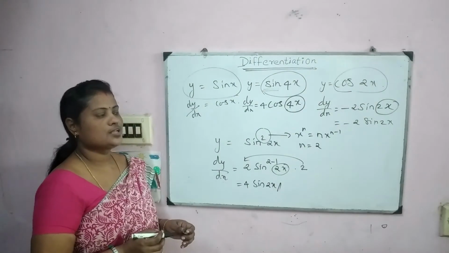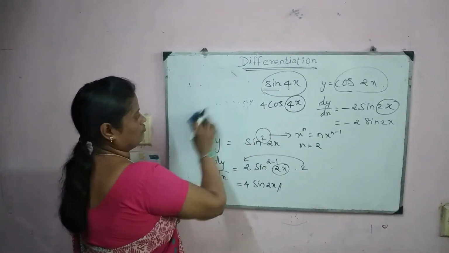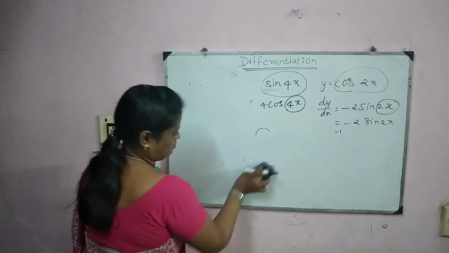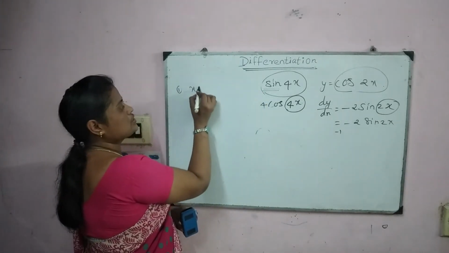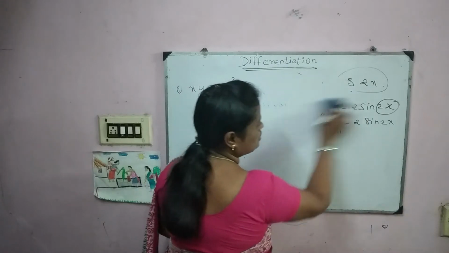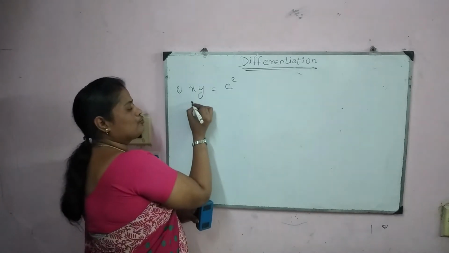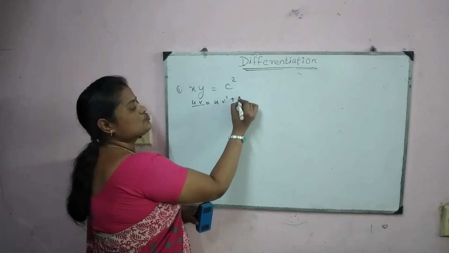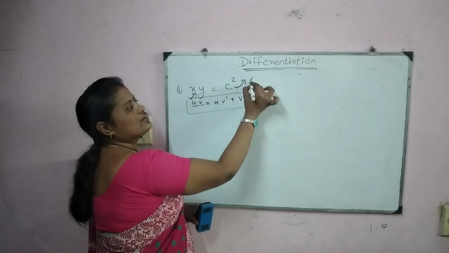Now let us discuss the equation solving method. How to find the derivative of an equation, how to differentiate the equation. So I am going to give the first equation, xy equal to c square. For x we have differentiation 1. For y we have the differentiation dy by dx. So you have to follow the UV rule here. So what is the UV rule? U into v dash plus v into u dash. This is our UV rule. Okay. This is a constant. Constant differentiation is always 0.